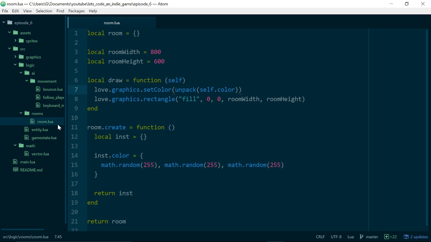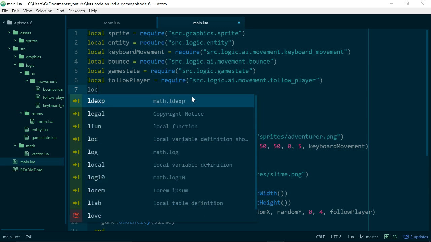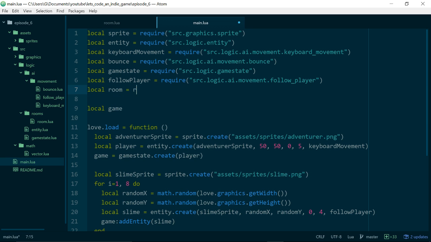Okay, and because our room has a draw method and a create method, we should be able to go ahead and test it from inside of our main file. This isn't going to be where it lives eventually, but let's just make sure it works before we write too much code, because the more code we have, the harder it is to debug what's going on. So source logic